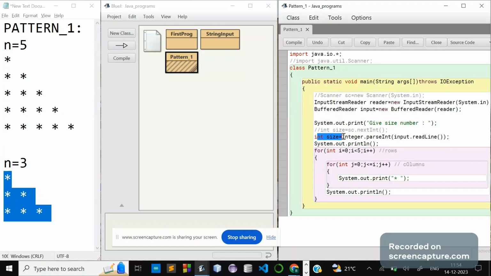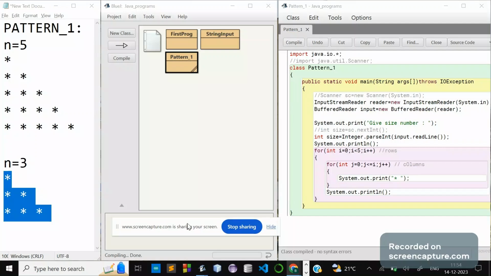I am able to give the input here, and this is a string. Initially, Java takes input in string format, then we convert it to the integer type, as explained in the previous videos. If I compile this, there is no syntax error. Now, if I execute it,